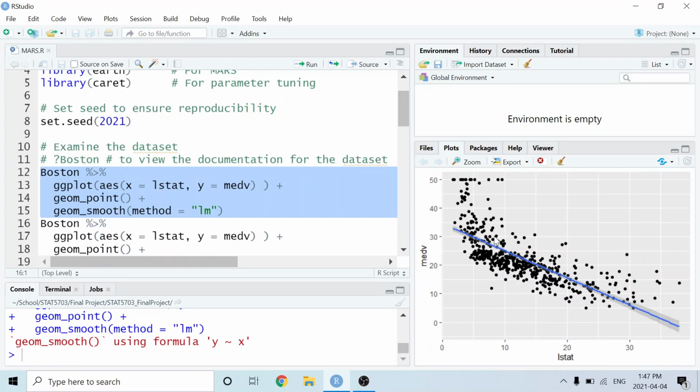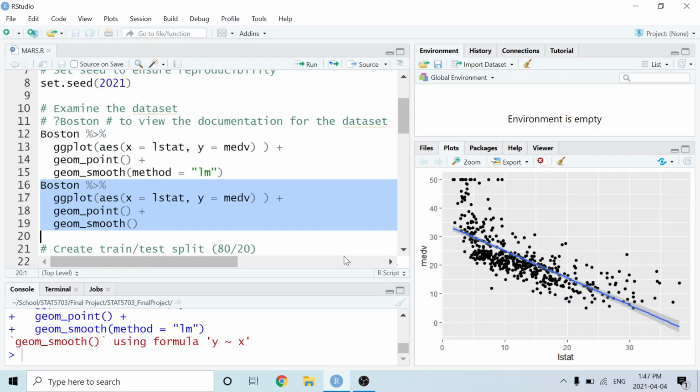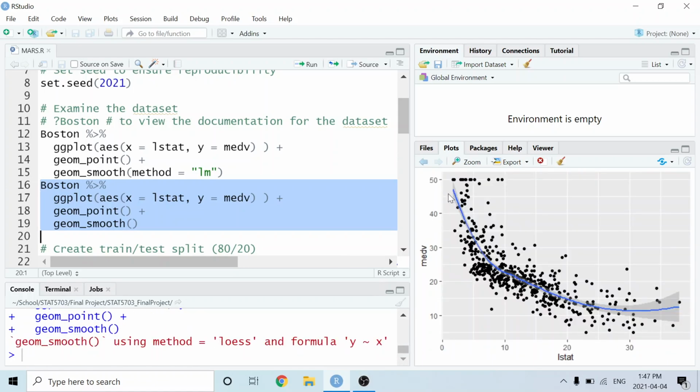And we can see that the relationship between these two variables is certainly nonlinear, and we can verify that when we plot on a least squares regression line and we see that this line does not fit the data very well at all. Instead, if we had something that looked a little bit more like this, that might represent the data a bit better. So how can we figure out a way to do that?